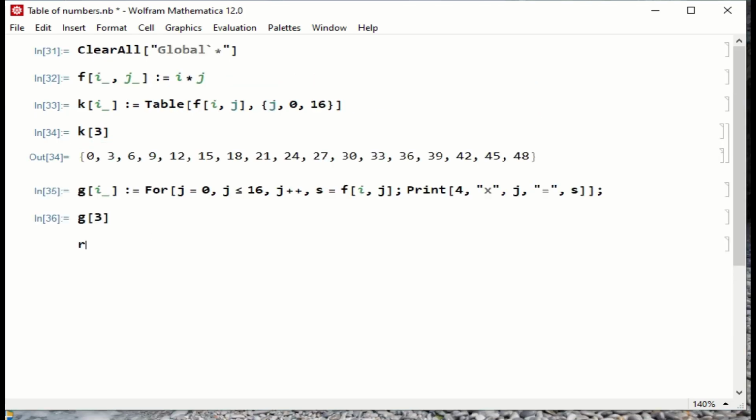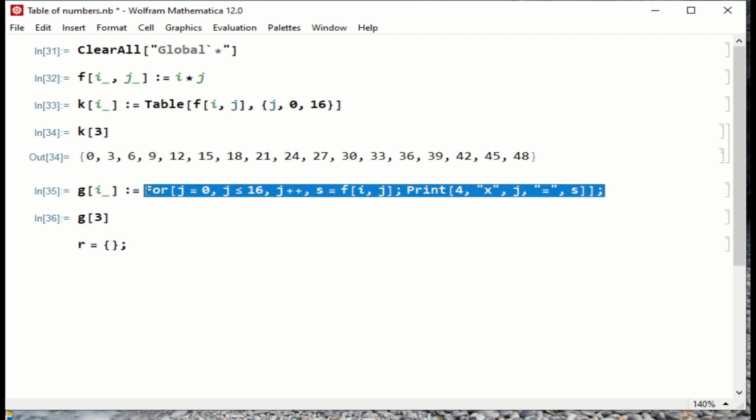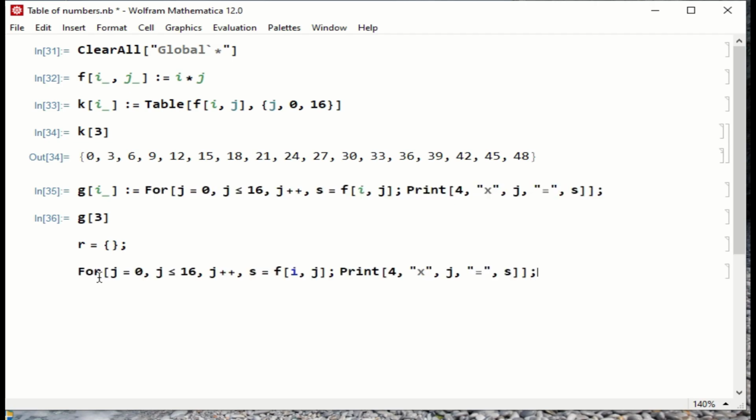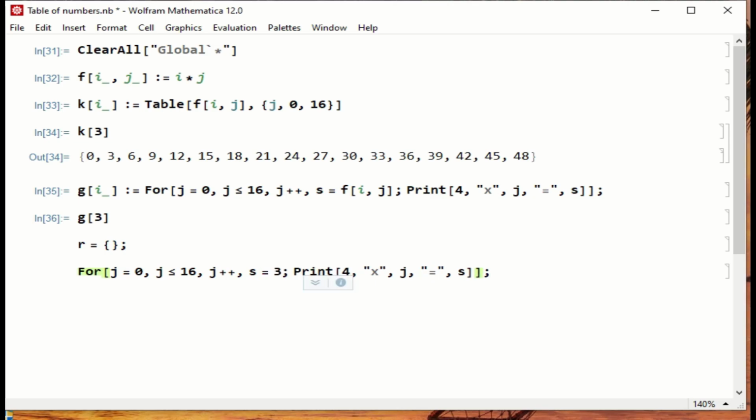So now I'm defining a blank list in the form of r, that is, I assign the value of the blank list to r, and then I copy this part of the function g and paste that over here, keeping all these things the same. I just change one thing over here. Instead of the function f, I replace this with 3 times j, that is, I want to find the table of 3, and I change the print command at this position